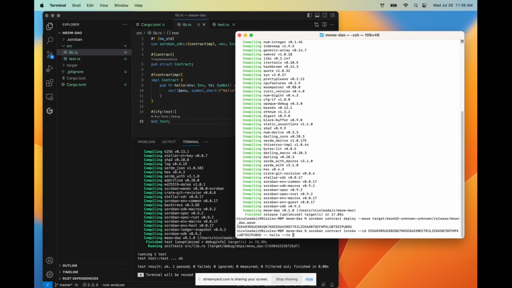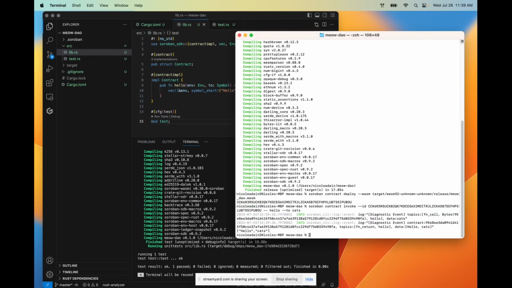And I'm going to pass into that the parameter that we had referenced before, cats. So I am saying hello to cats. And we see that this returns our vector of type symbol, symbol being essentially strings here. So we see we get a hello cats.